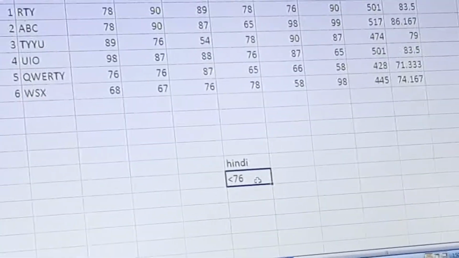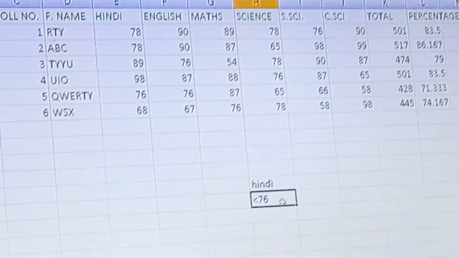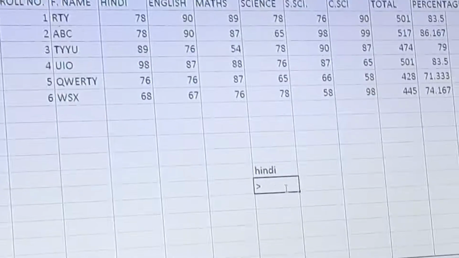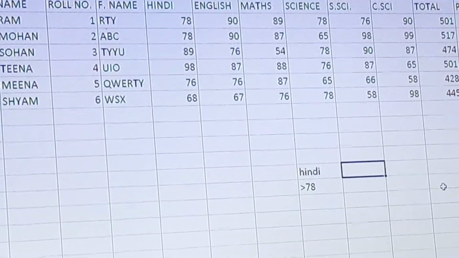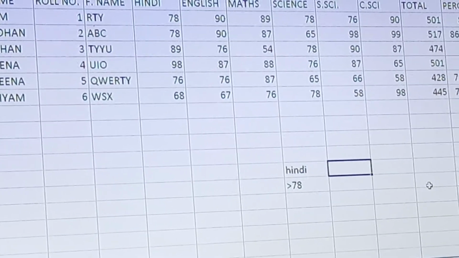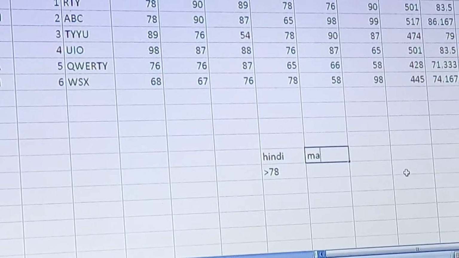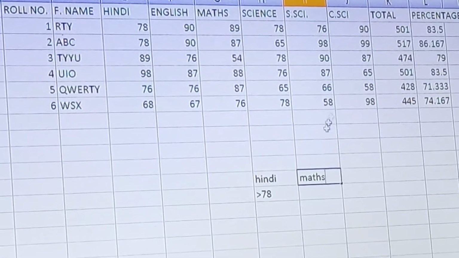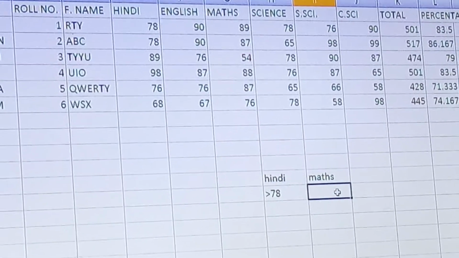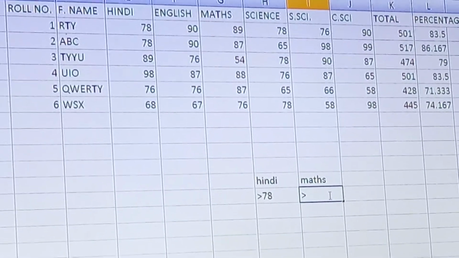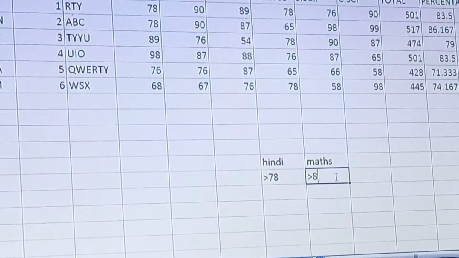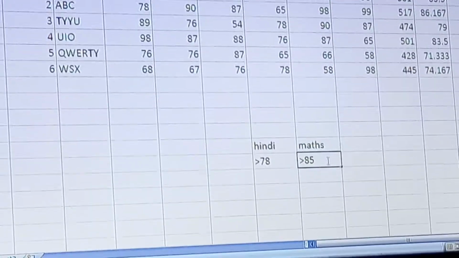Suppose I change the condition: Hindi greater than 78 and marks in maths greater than 85.